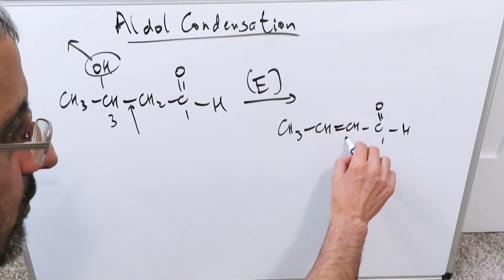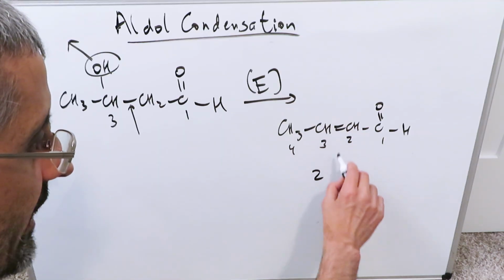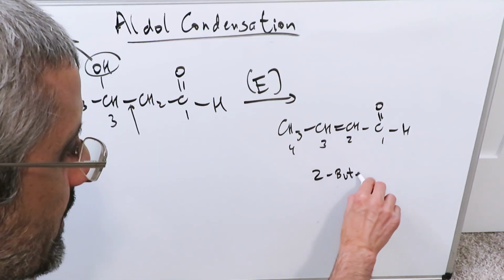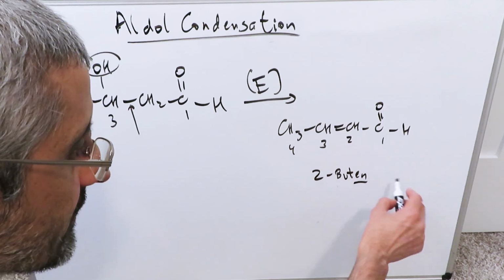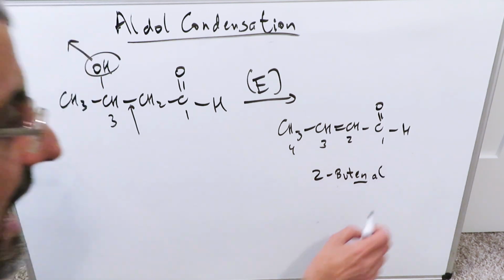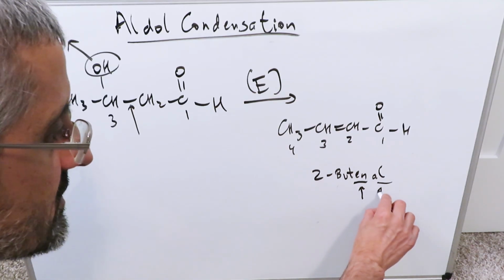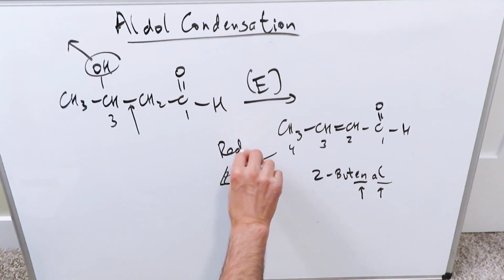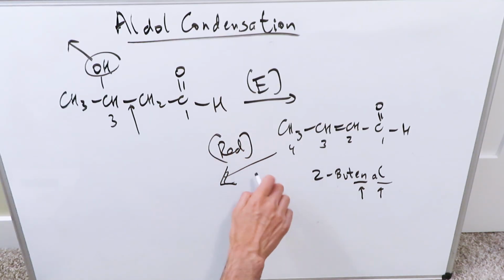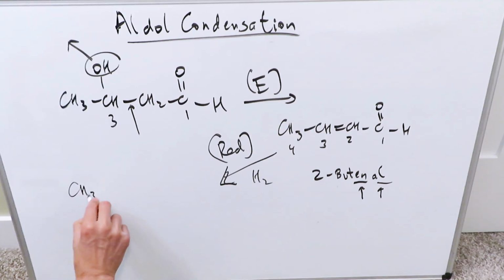You can call this 1, 2, 3, 4. This right here will be 2, and then you have here butane, the en signifying that they have an alkene, then you can say butenaldehyde, or you can say butene, and then you can say al for your aldehyde. You have an aldehyde, you have an alkene, and I'm demonstrating those. Then you can take this through a reduction process. You can use your basic hydrogen and some metal catalyst, and you can reduce that,